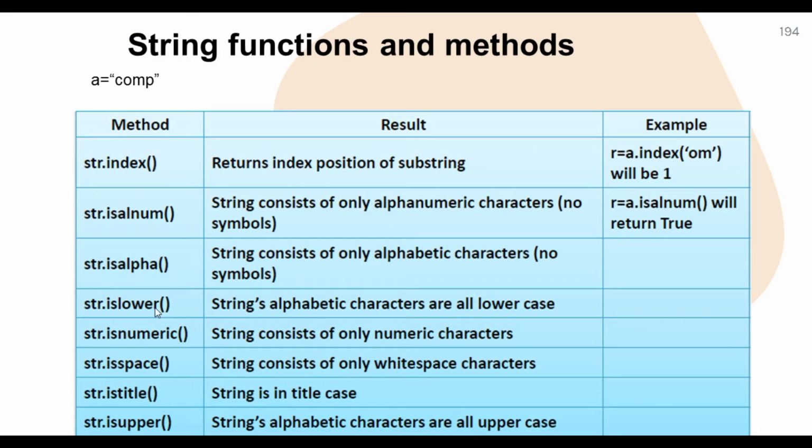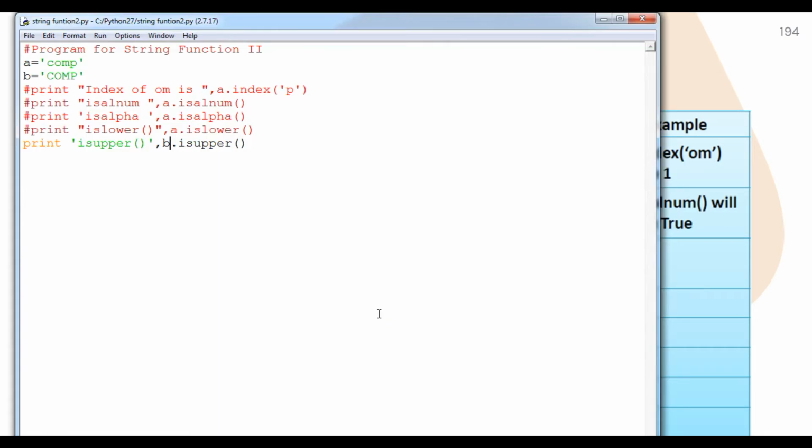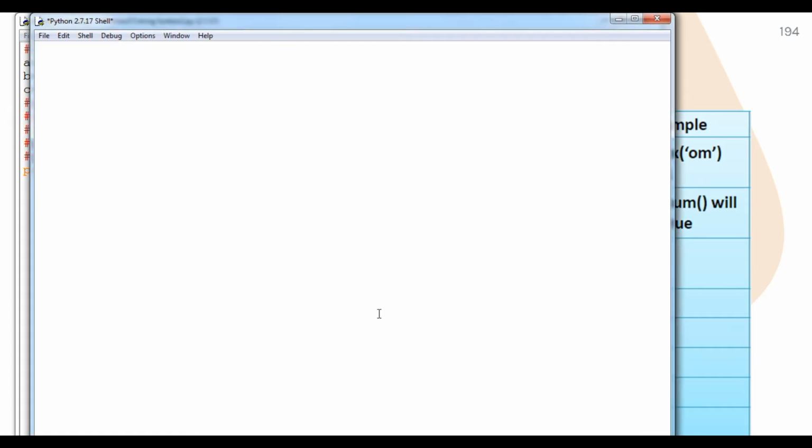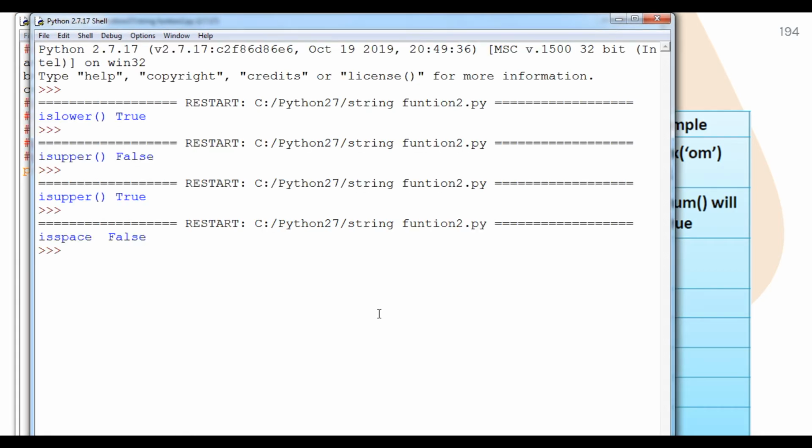Now we are talking about the next function, that is isspace. I'm going to do it as a practical. Suppose here is a variable like c. If I check a.isspace(), or we can say student, let's see what the output will be. Here it is definitely false.